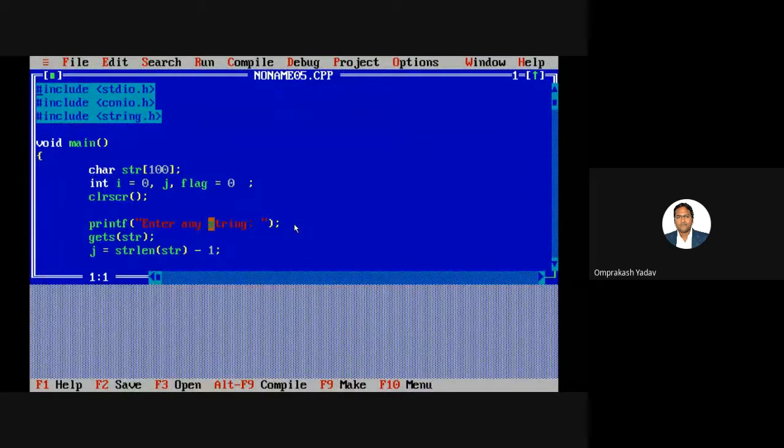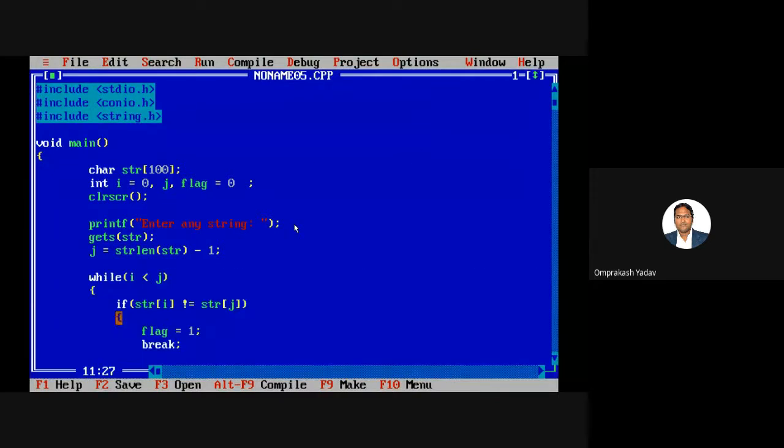Let's take this one. Let's remove everything.